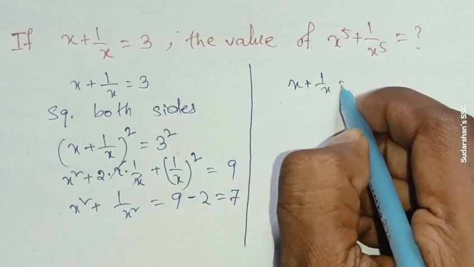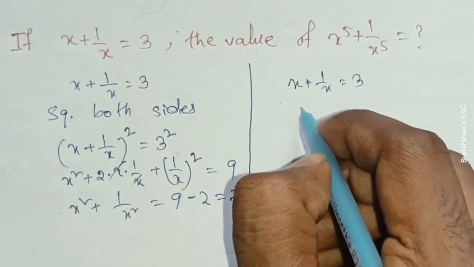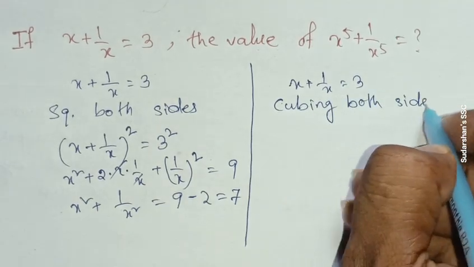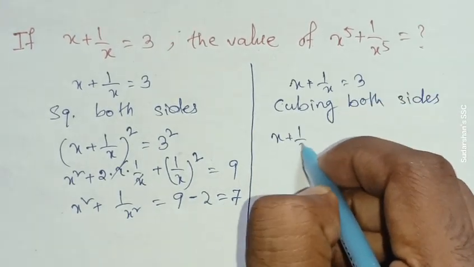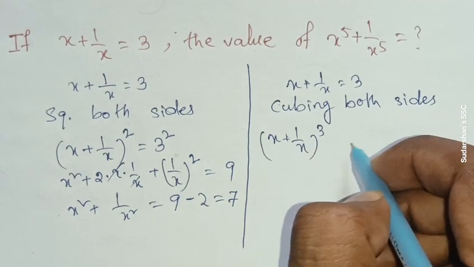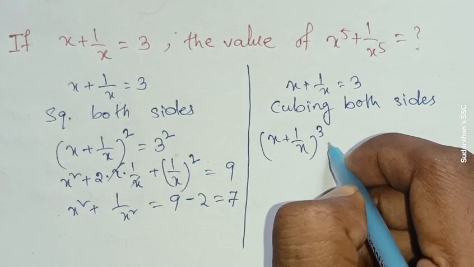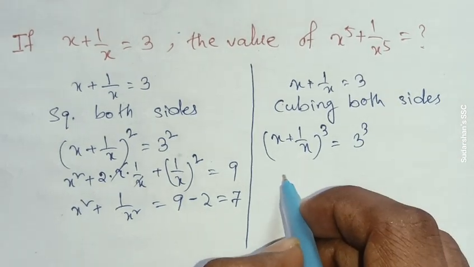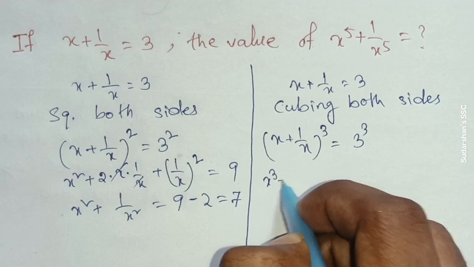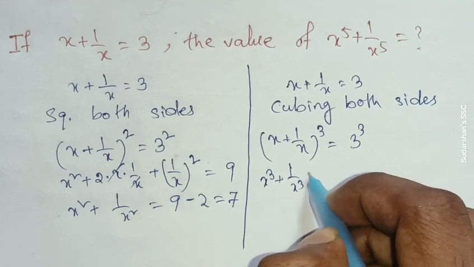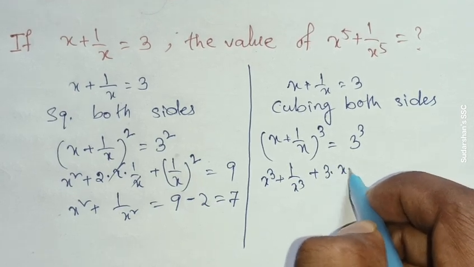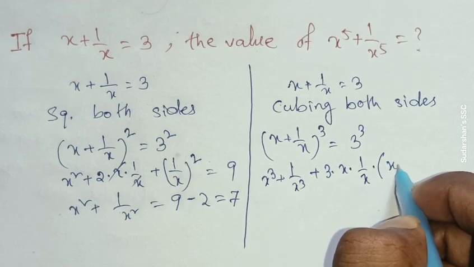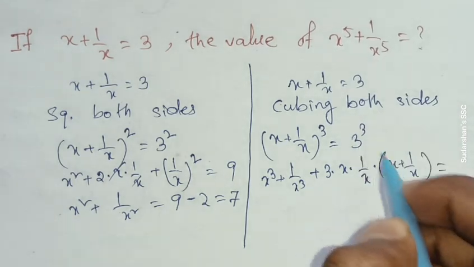x plus 1 by x is equal to 3 is given. On cubing both sides, we get (x plus 1 by x) whole cube is equal to 3's cube. That is x's cube plus 1 by x's cube plus 3ab into (a plus b), that is x plus 1 by x, is equal to 3's cube, that is